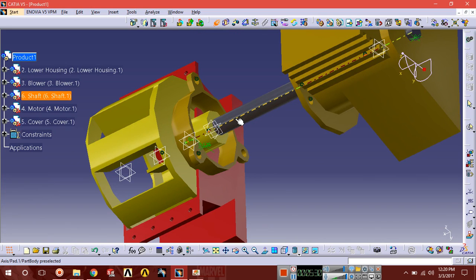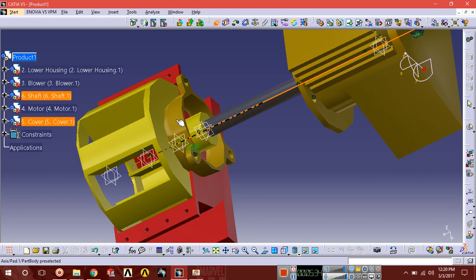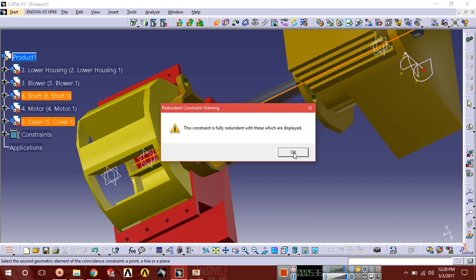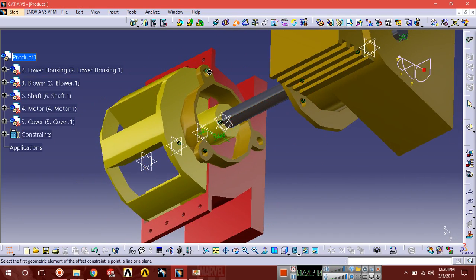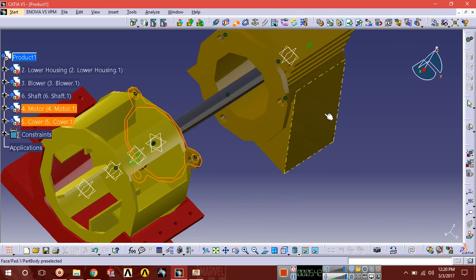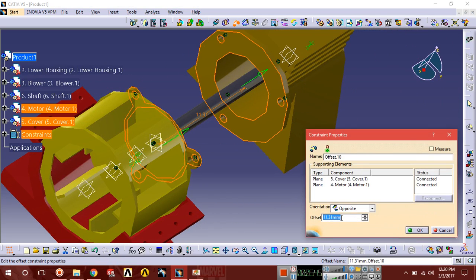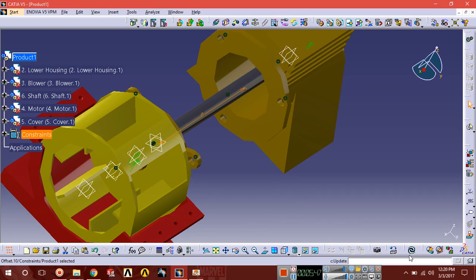Now select this axis and select this axis. Actually it's fully defined, we need to just select offset, select this surface and put here 0, update.